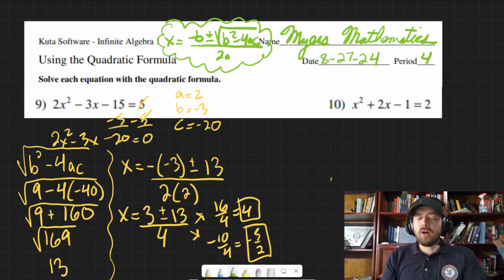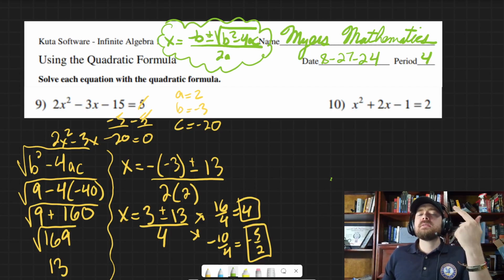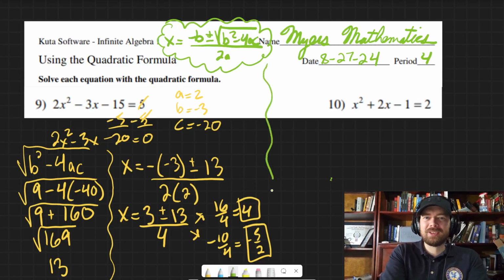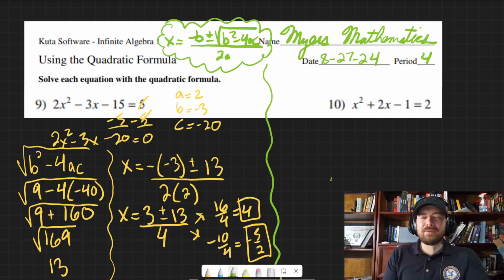You don't have to do all three things, but I did the method that they asked me to do, and I checked the answers by plugging them back in to make sure they work. The third thing that you could do would be to use the other factoring method. So 2 different ways to check it. I mentioned that you could do factoring earlier, but you don't have to do factoring and check them by plugging them in. I think that's a little too much,